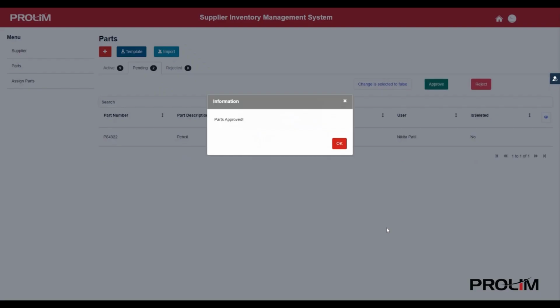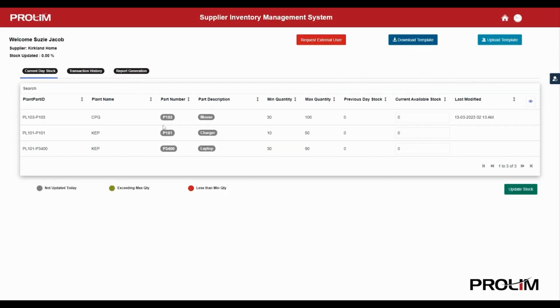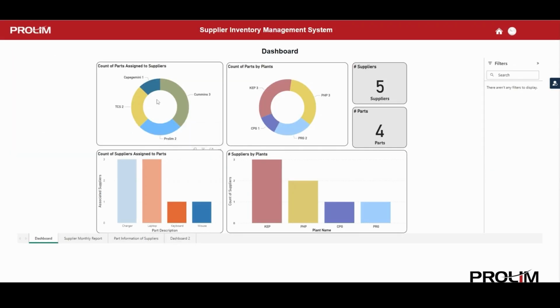The approver can approve or reject parts on this dashboard. Here, the user can check and update the stock for parts at different plants. The Power BI dashboard shows various counts, such as counts of parts assigned to suppliers and count of parts by